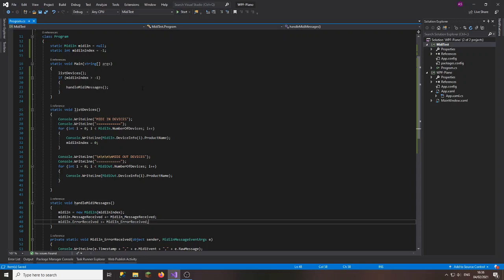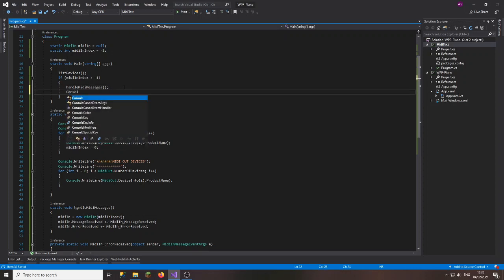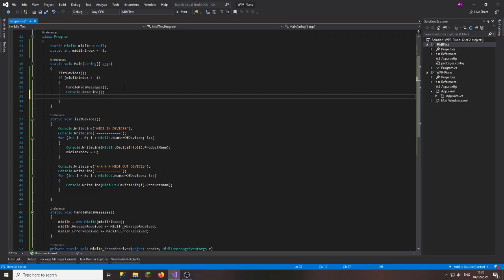If it finds a MIDI device, it will start handling MIDI messages, and it will go on handling this in an infinite loop. So we need to tell it when to stop. Since this is a console application, we don't have any fancy keyboard or mouse handling. Just going to keep a console read line key. So if I press enter, this thing will stop, which means